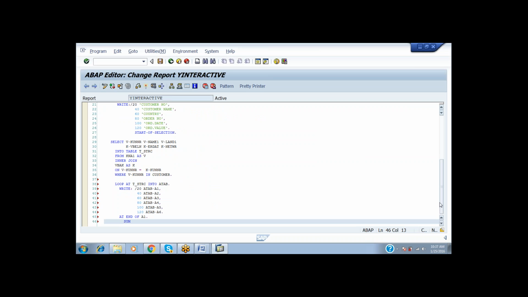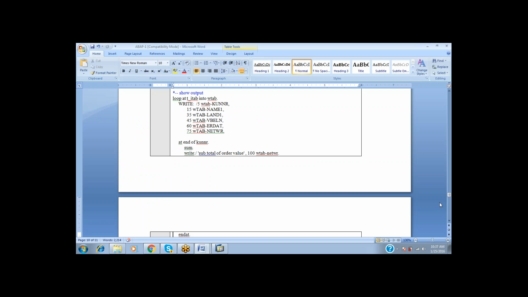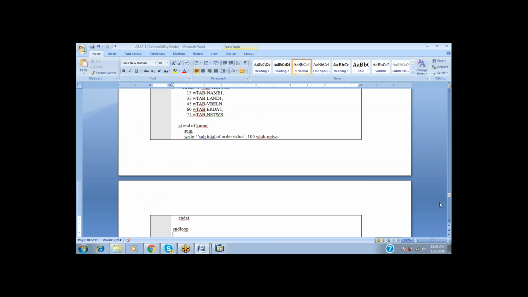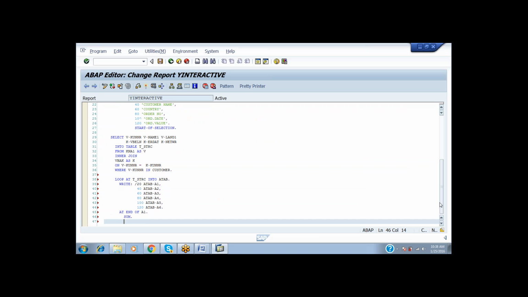The system has to do the sum. Even after ending that, the system has to write, here after 30 spaces like this,